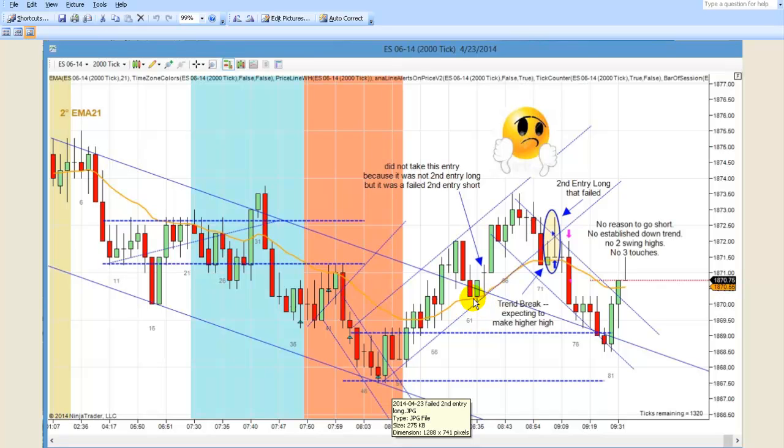And they're wondering why. No, it was somebody else that actually asked why they went short. They did not take this entry. It was a second entry long, but it was a failed second entry short. Yeah, exactly. You recognized it, but obviously maybe it was a little bit too late. But this is the one they're asking about. This was the one on this chart. They had a failed second entry long here,